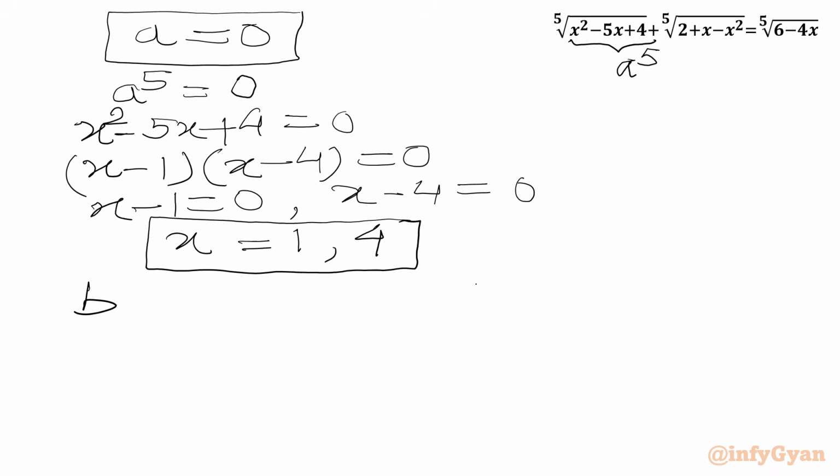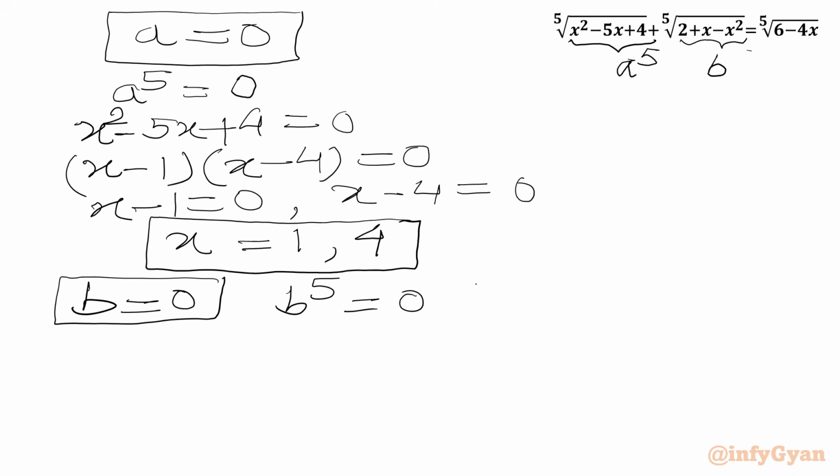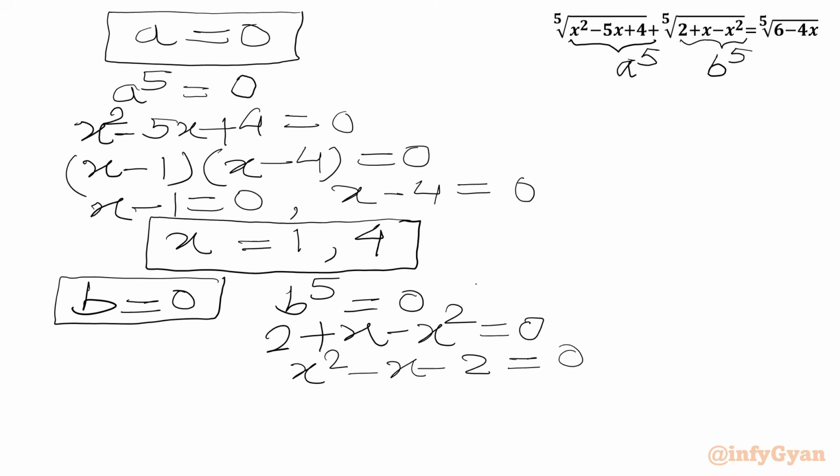Now we'll take up second condition, b equal to 0. Raising power 5 both sides, I can write b power 5 equal to 0. Now this is b power 5, radicand 2 plus x minus x square. So we can write 2 plus x minus x square equal to 0. By writing all the terms to RHS, we will write x square minus x minus 2 equal to 0,